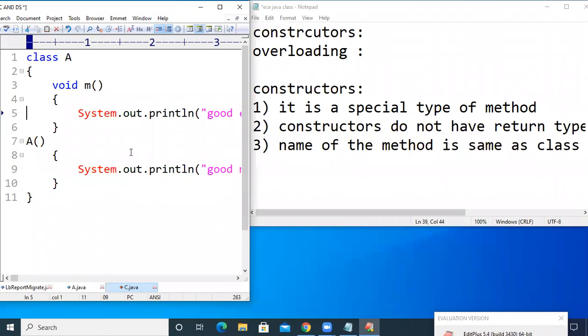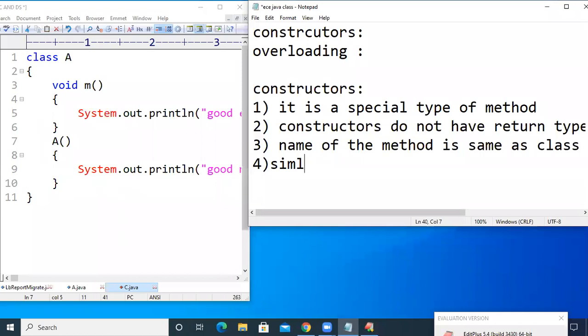So let us see how the methods are going to be executed and how the constructors are going to be executed. See the next point.